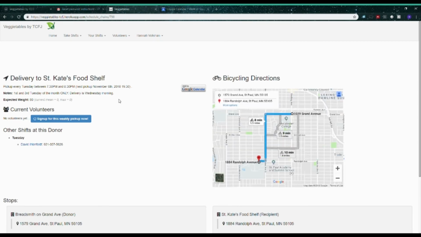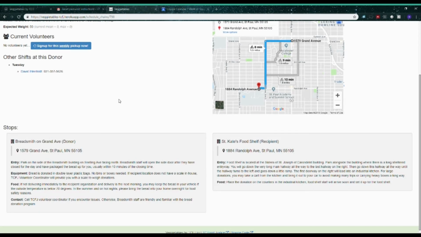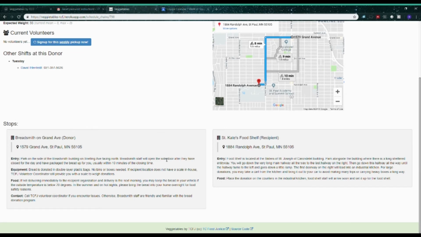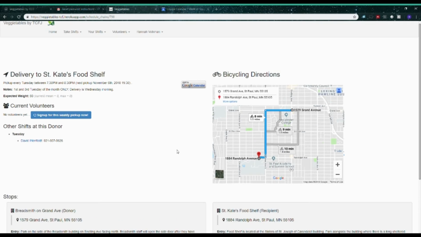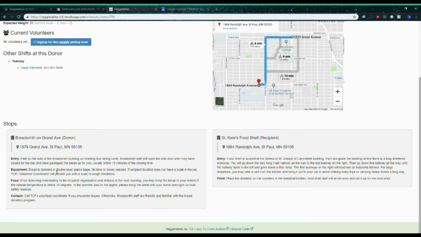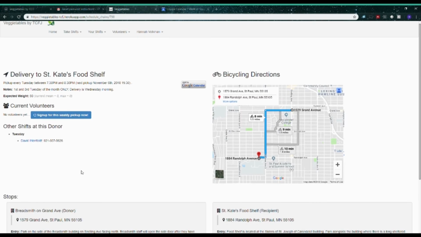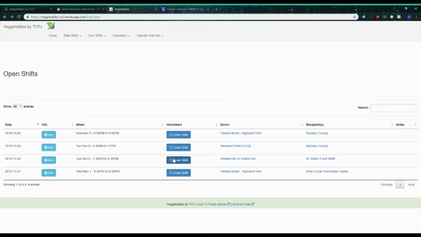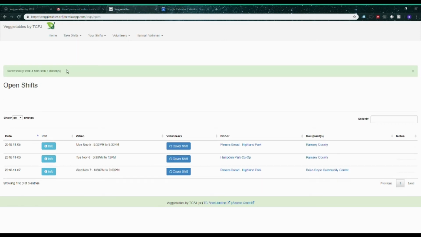And the really cool thing is all this detailed instruction makes it easy to do these rescues, even if you've never specifically been, for example, to Breadsmith and done that rescue. You can refer exactly to where the address is and exactly how to do the rescue, whether or not you've got all the supplies you'll need. There's details here, for example, that this food delivery is the next morning, so that you're not delivering immediately from donor to recipient. So I just clicked cover shift, and now if we go back to the home screen,